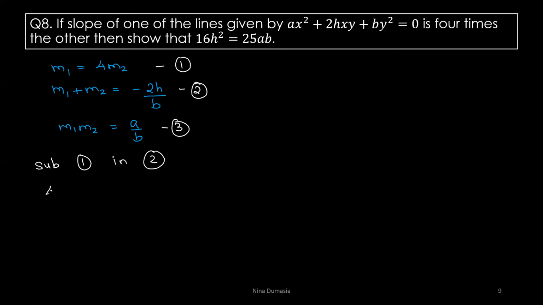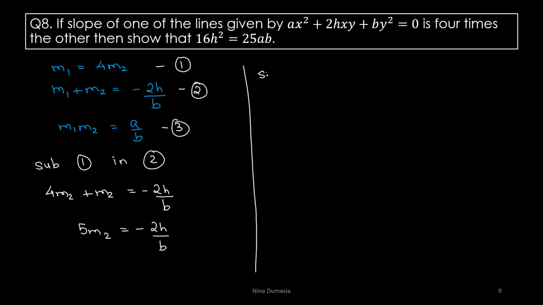In that case, I get that 4m2 plus m2 is equal to minus 2h by b, and therefore 5m2 is equal to minus 2h by b. Okay, and now next, if I substitute 1 in 3, we get that 4m2 into m2 is equal to a by b, and therefore 4m2 square is equal to a by b. Okay, now from here what we will do is substitute this value of m2 in this. Okay, so here I can write 4,